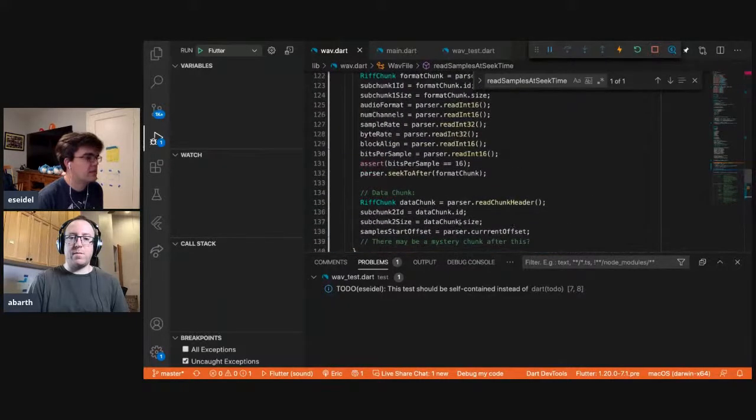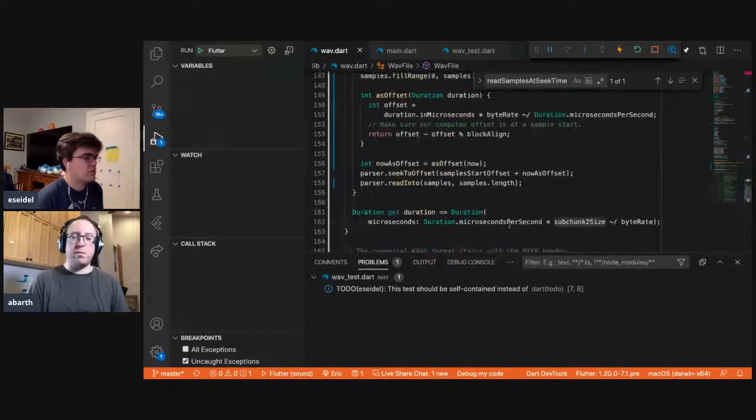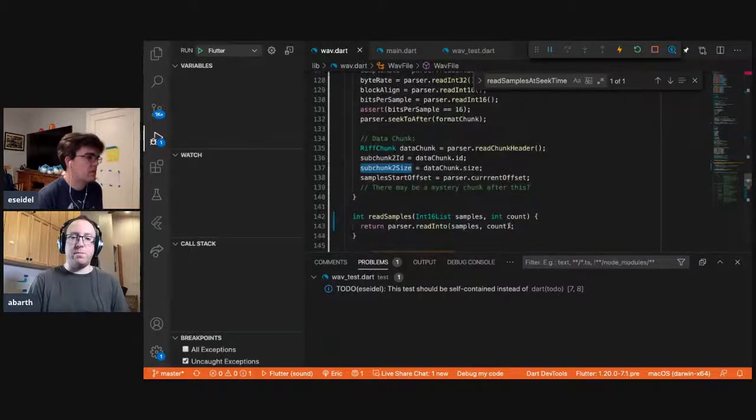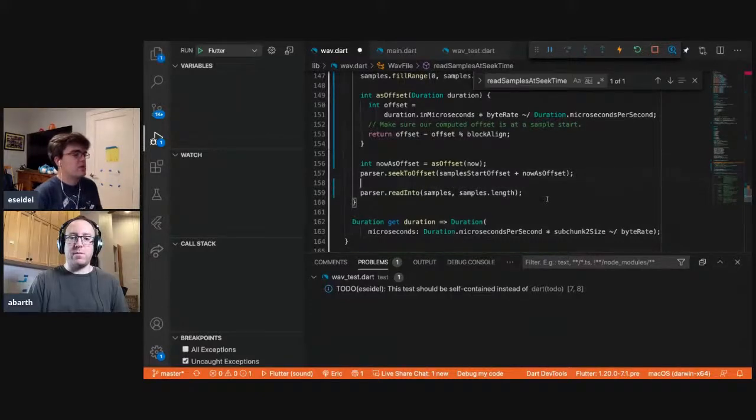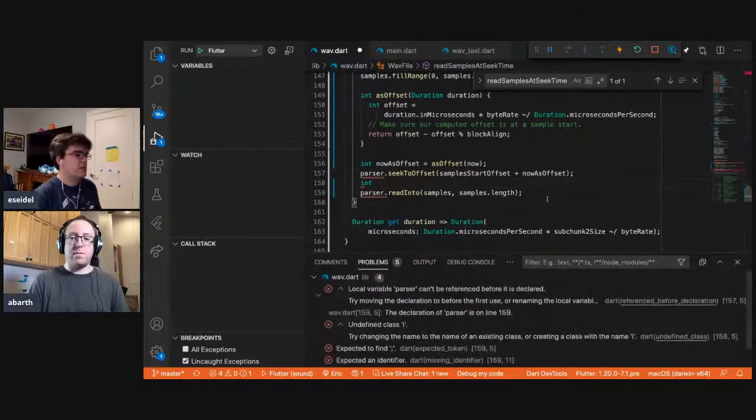I guess that's chunk to size. We could just rename that to samples length or something. So this is samples end.